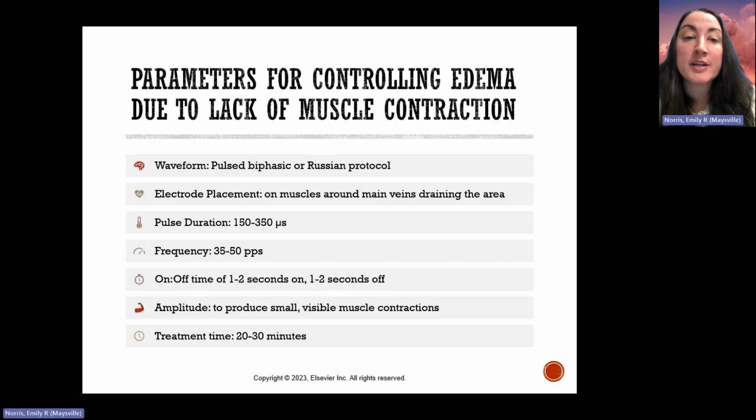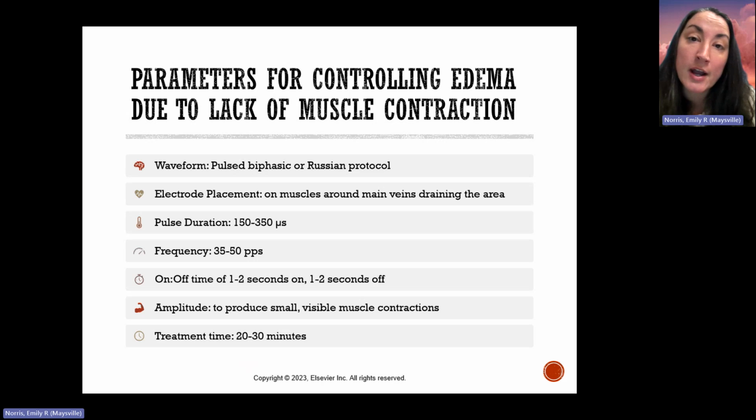The parameters for controlling edema due to lack of muscle contraction, remember the positive electrode is over the area of swelling, and typically we're using either pulse biphasic or Russian protocol, ideally over a main vein to help drain the area. The pulse duration will be more like 150 to 350 microseconds. The frequency is 35 to 50 pulses per second. The on-off time here can be 1 to 2 seconds on, 1 to 2 seconds off, so more of that 1 to 1 or 1 to 2 ratio